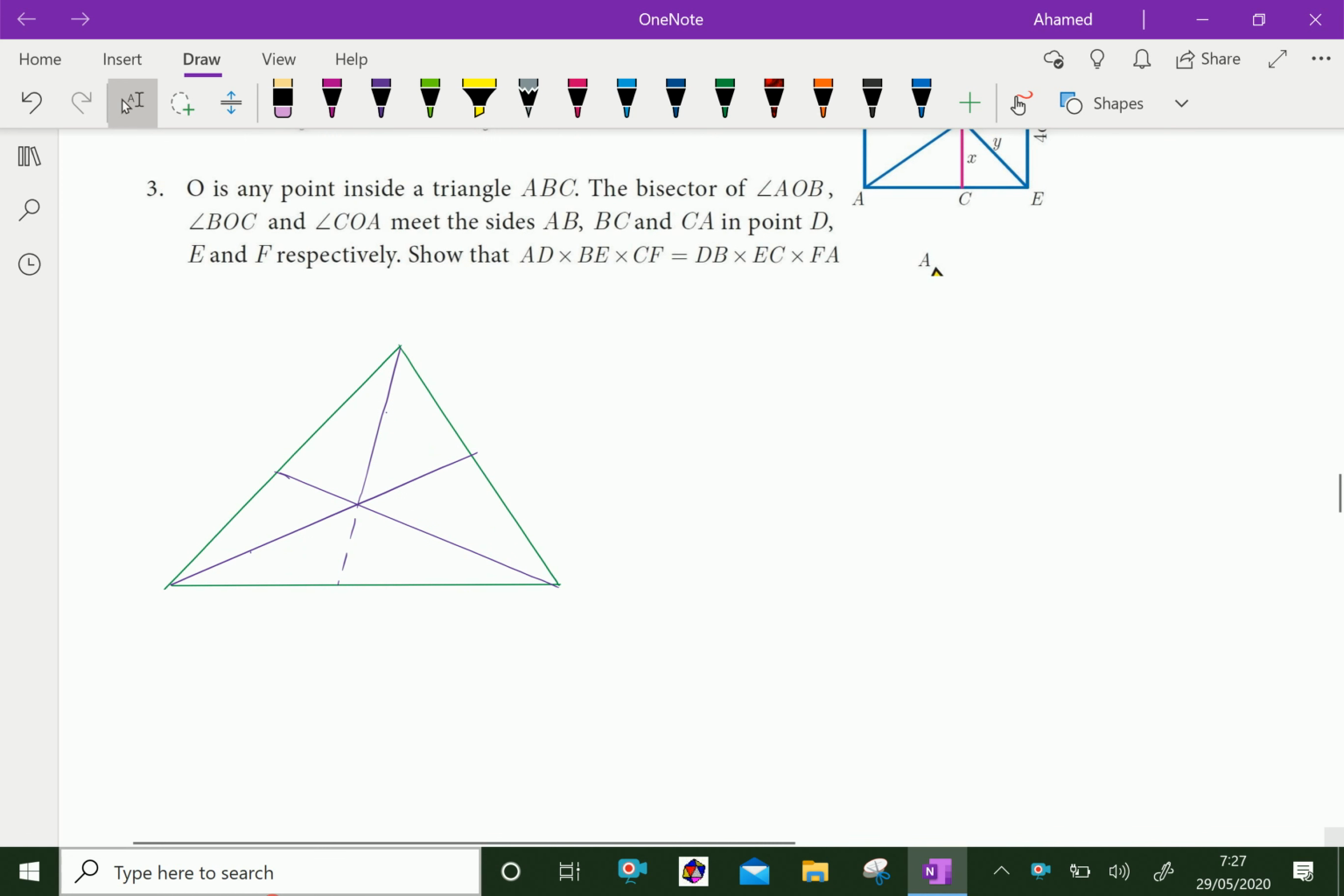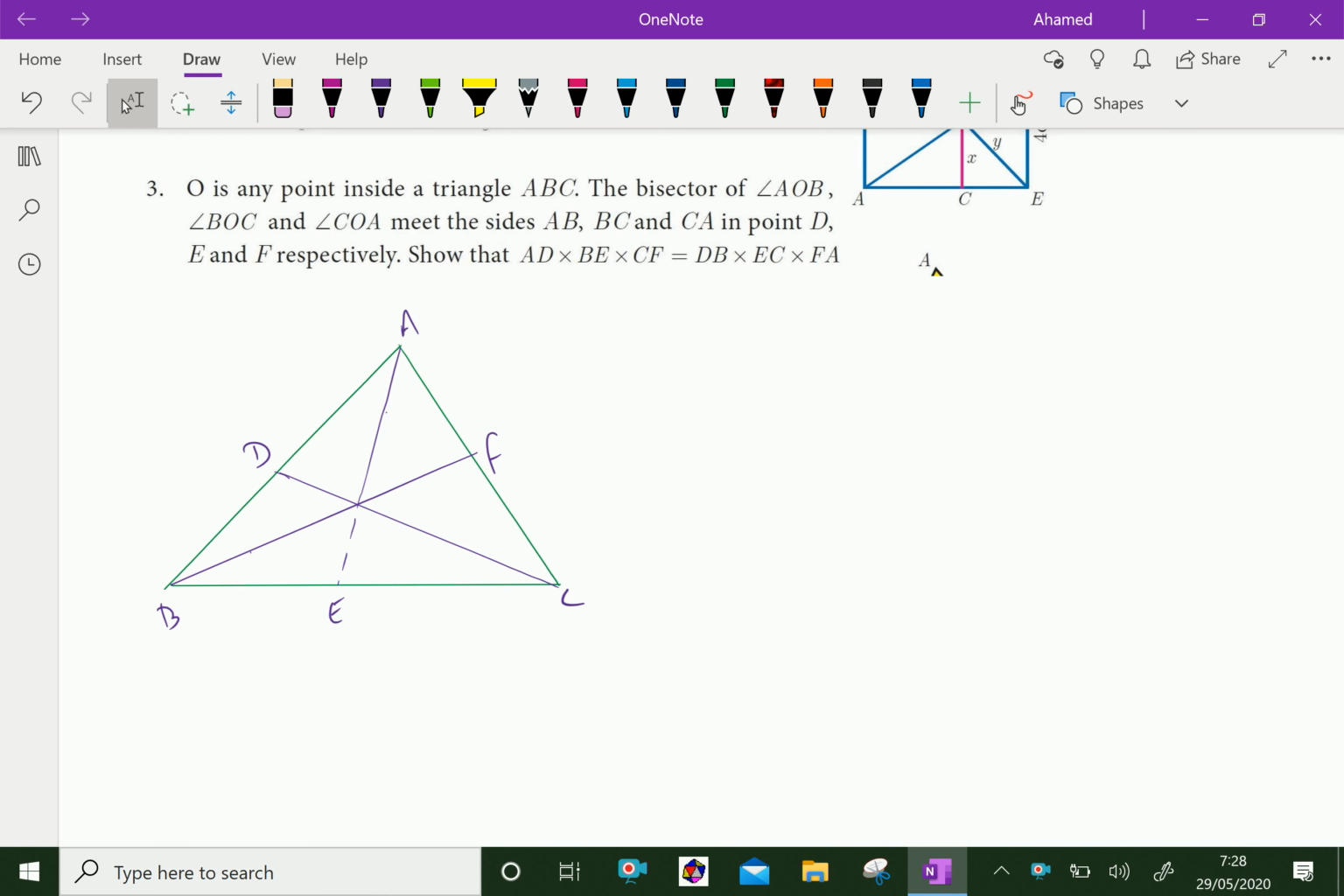Look at this figure. Here the triangle ABC is given. In that, D, E and F are here. Here AO is the angle bisector of angle A, BO is the angle bisector of angle B, and CO is the angle bisector of angle C. Now,